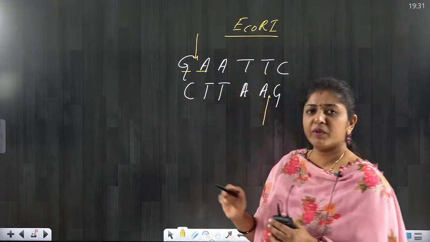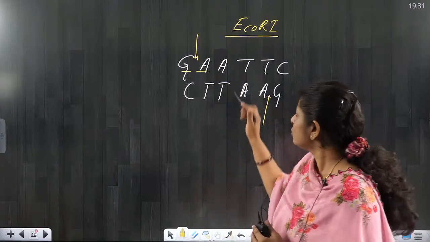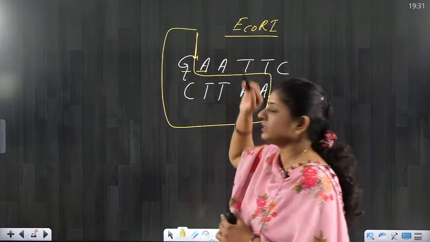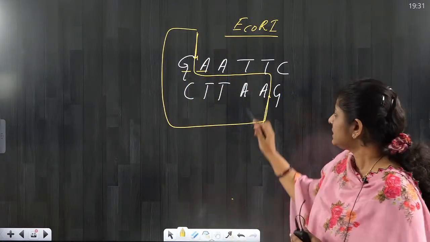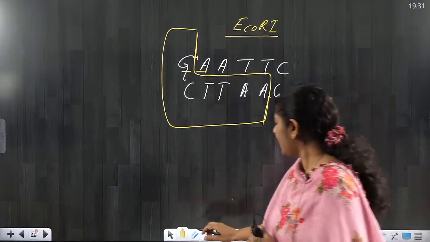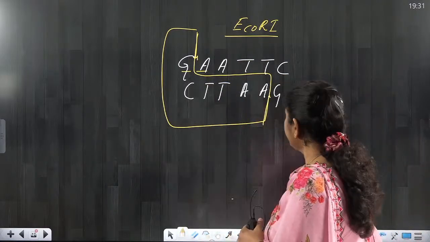right? Between purine and purine. So it will be cutting it like this, slightly away from the center. And after partition of this, what will you get? You will get